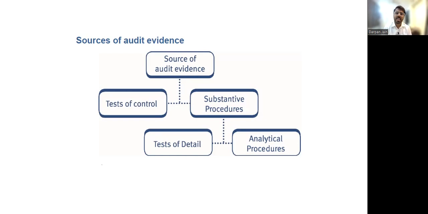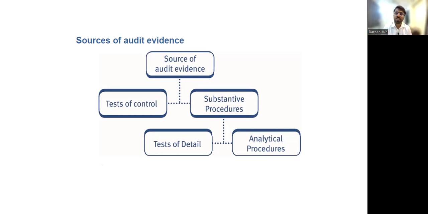Your checking of sales invoices with the sales breakup in the books of accounts is what? It is a substantive procedure. The example that we took: you are obtaining sales invoices, and you're checking them with the sales breakup, as to what is accounted in the books of accounts. That is a substantive procedure. With the help of substantive procedures, you check whether there are any misstatements in the financial statements. You're bothered about the amount involved in substantive procedures.